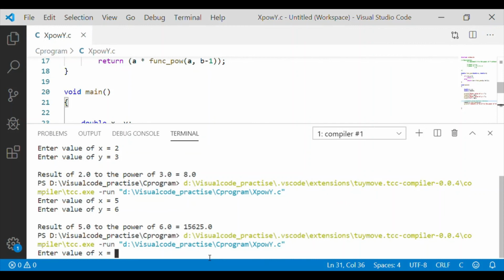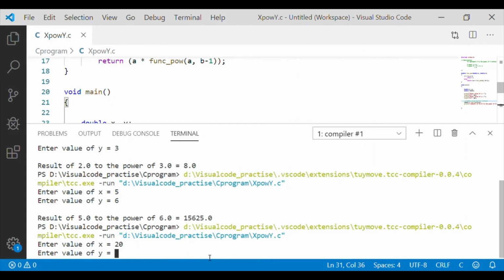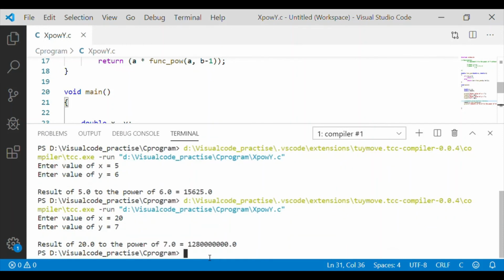Value of x, I am entering it as 20 to the power of 7. So 20 to the power of 7 is really a bigger number, 128 followed by 7 zeros. So our program can do x to the power of y without using the built-in C library.